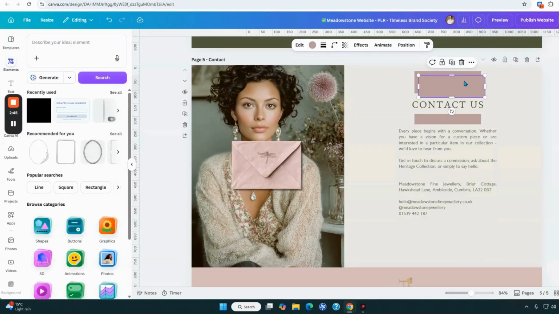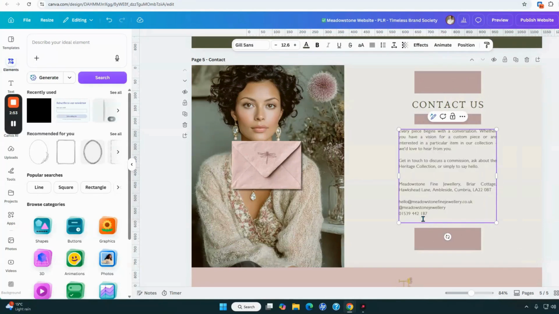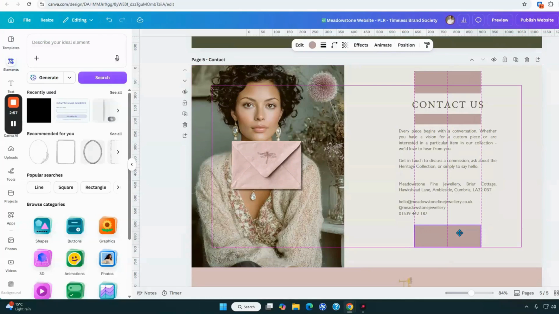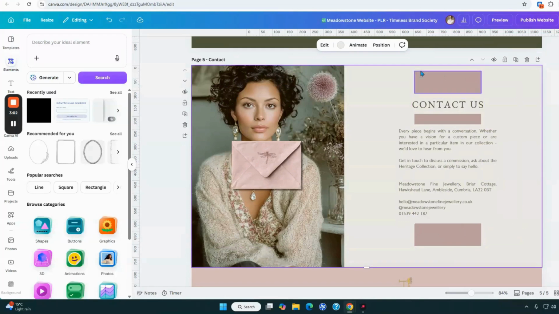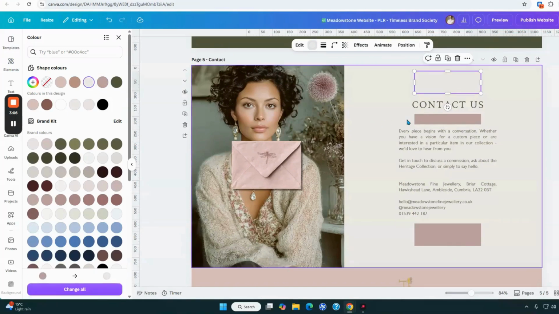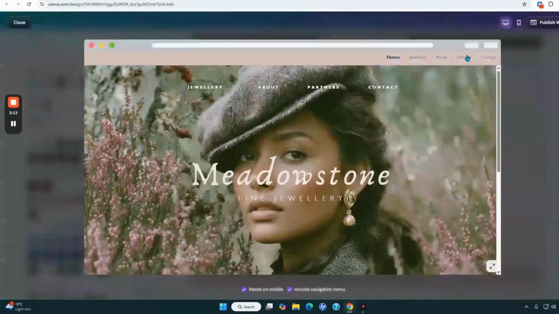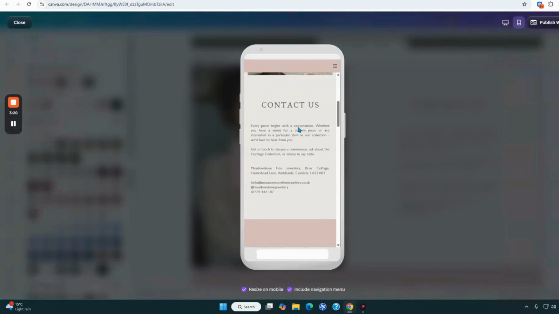And then I'm going to duplicate this top one and then move it down here. Just check it's got a nice bit of space. I'm just going to remove this gap here. Move it up a little bit. And then I'm going to change the colour to the background colour. And then if I go back to preview, and we want the mobile version,